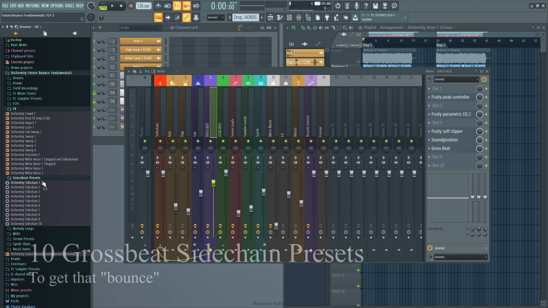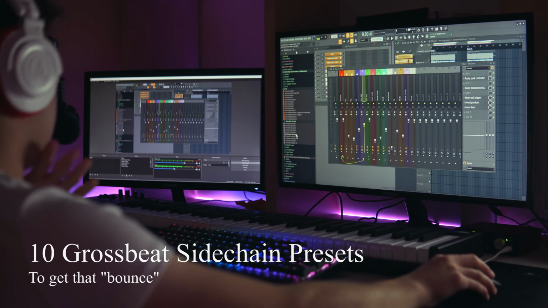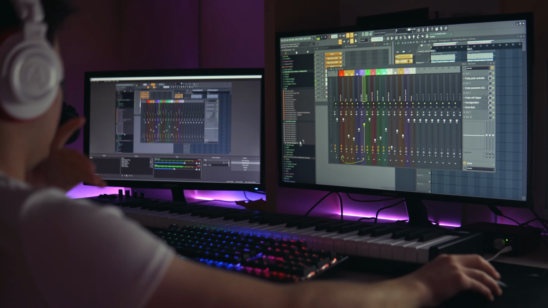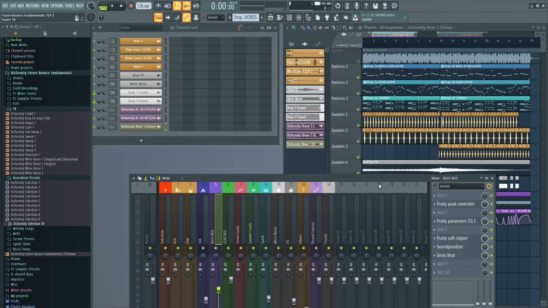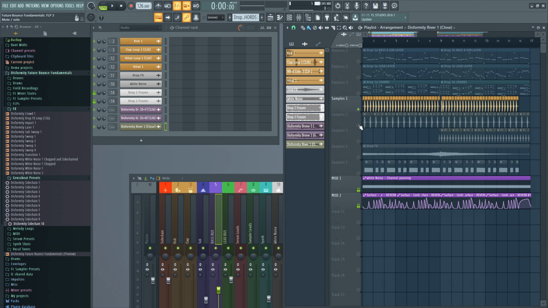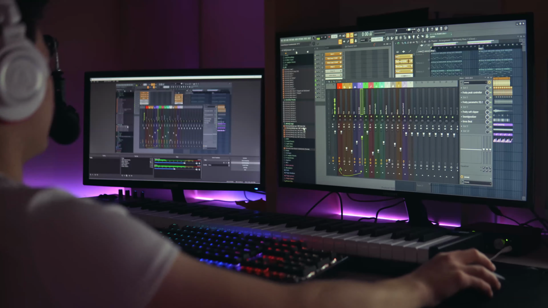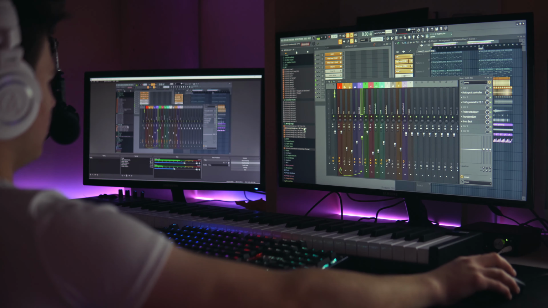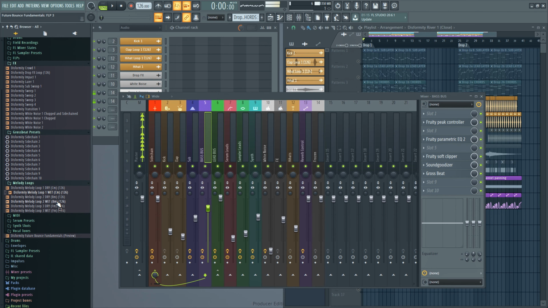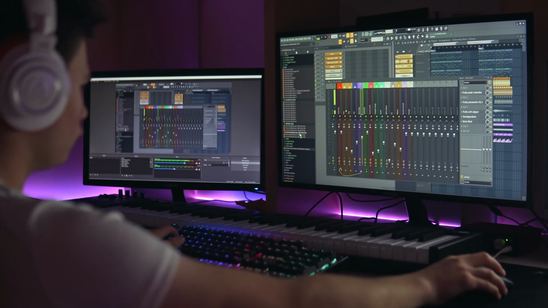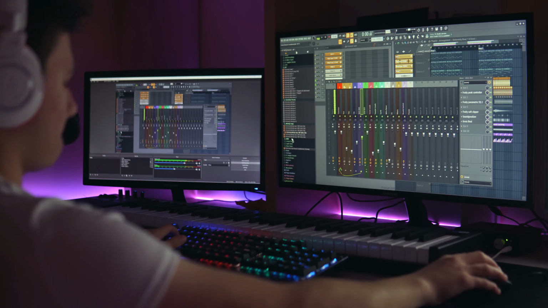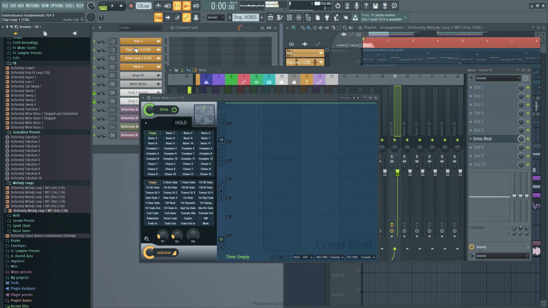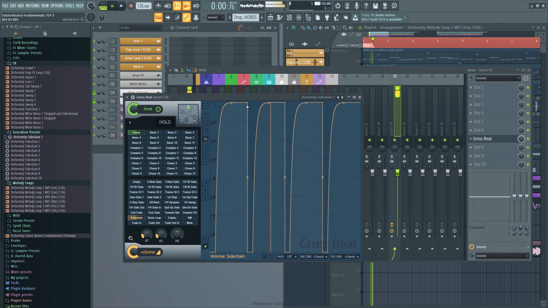Right here we have a bunch of gross beat sidechain presets. This is pretty much everything you'll ever need for sidechain, at least for the kind of beats where it's for the floor. Kick clap. All right, and here we have some melody loops. And if we throw some sidechain on here,